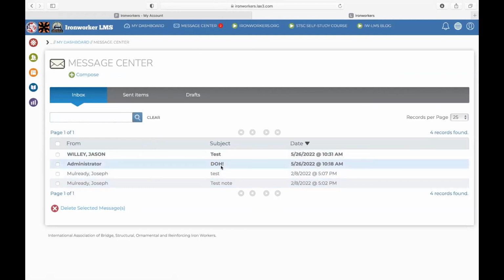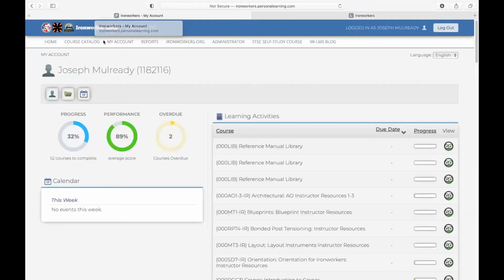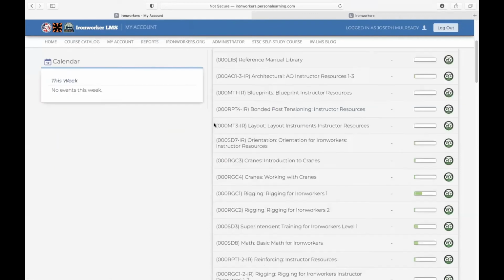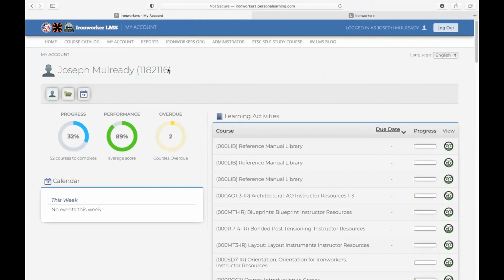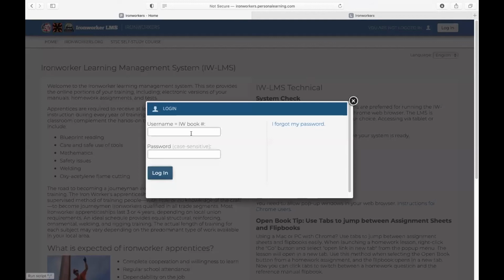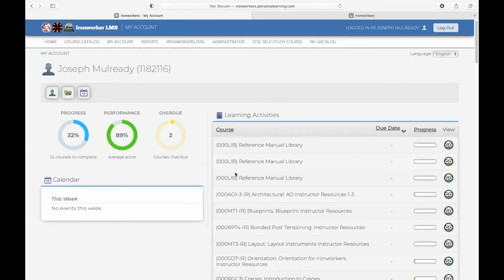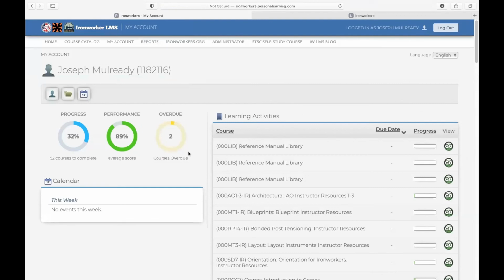So then from there, if we want to go LMS to ATS, we go back to the original LMS. We go into reports. And I got to log back in. The reason why Joe's switching back is we haven't created this report in the new LMS yet, but we will. So in the existing LMS, if everybody goes to reports